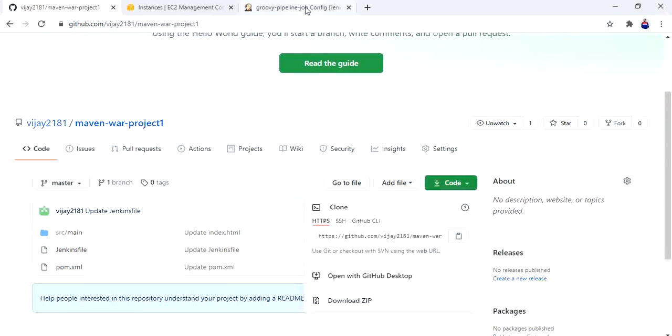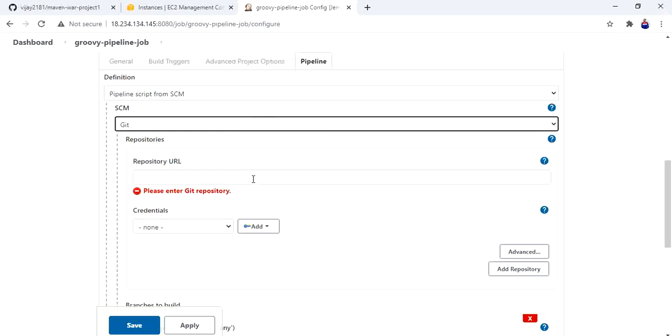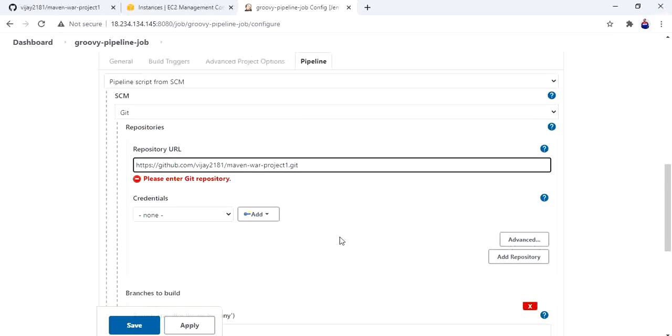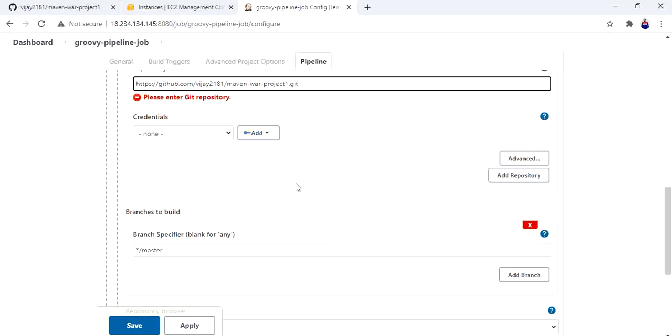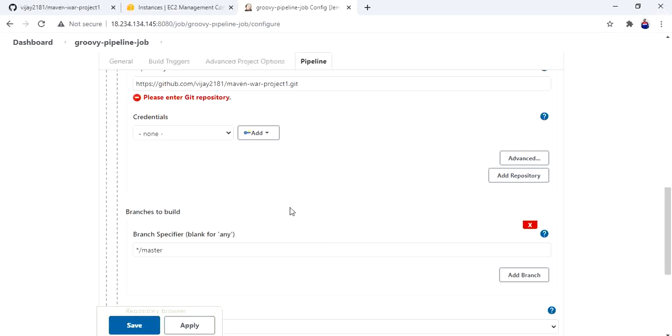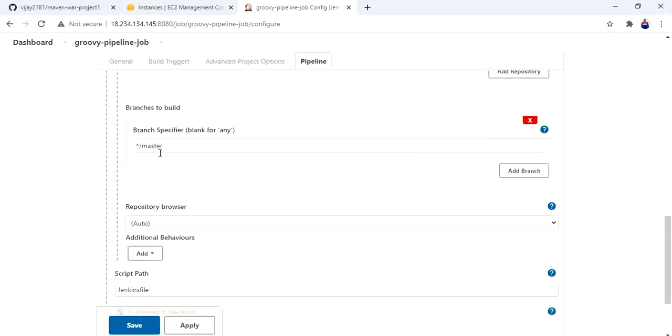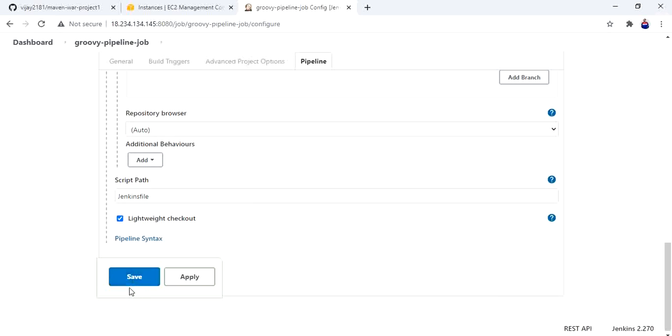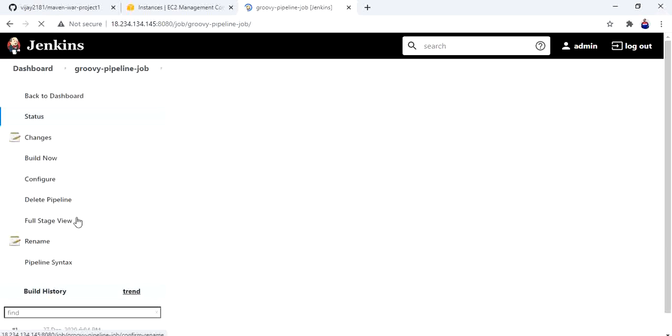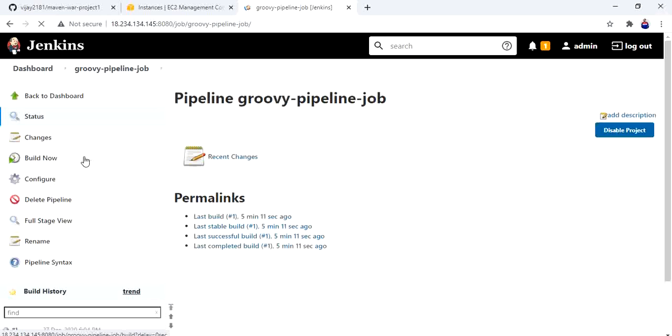Copy, paste. As it is a public repository, I will not give any credentials. Master branch, path is Jenkins file. Save. Now build.